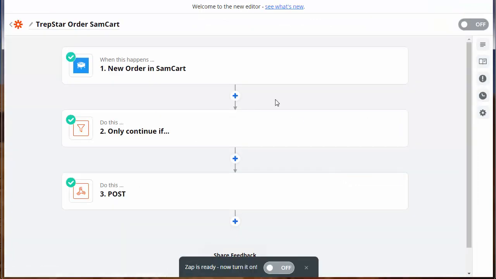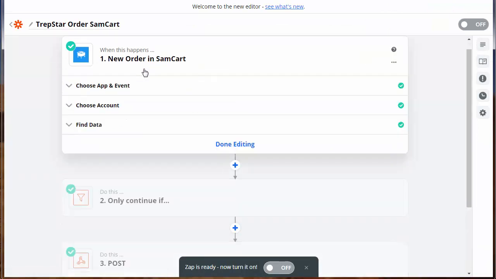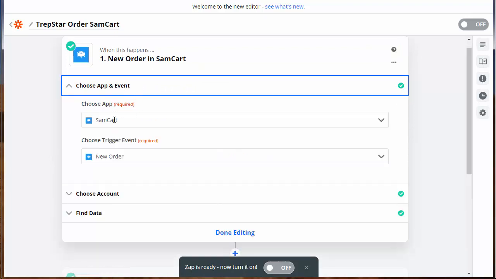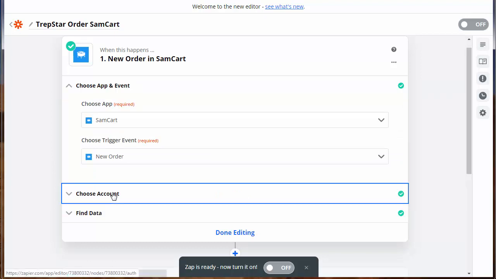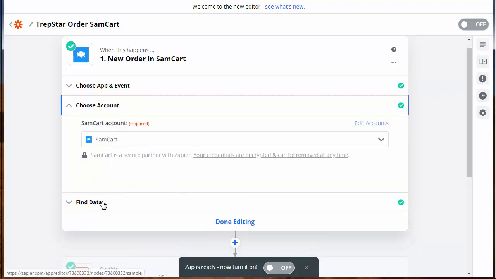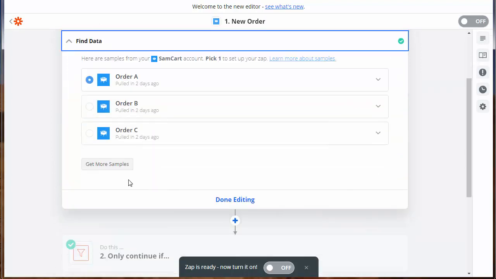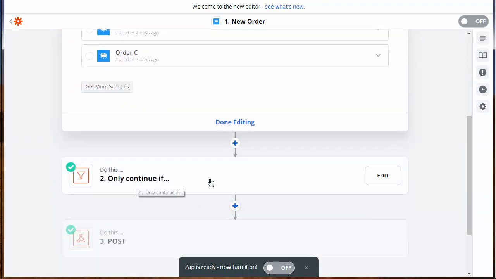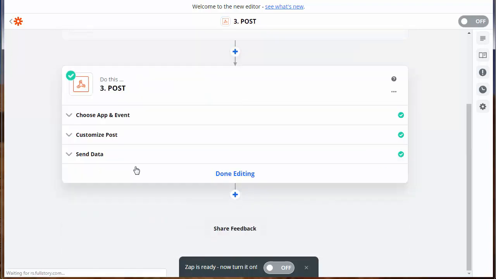But once we edit one, we've already kind of showed you these steps. It'll be a little different for your shopping cart, but the app event is the same. New order. We've already logged in to the account. We've already received data. So now we're going to go. This is an edit. This is a step you can use, but that we'll get to later. You don't need to add this step. Finally, the post is